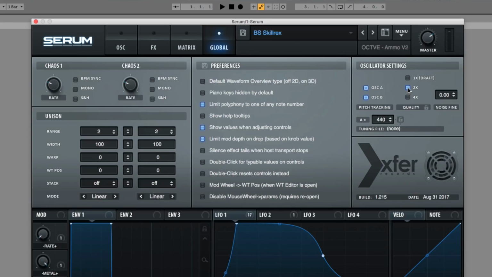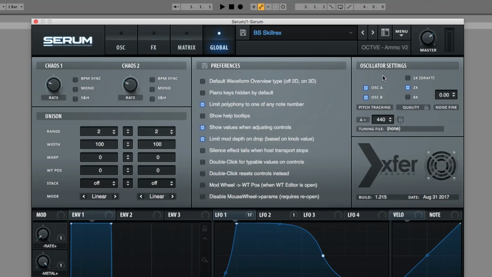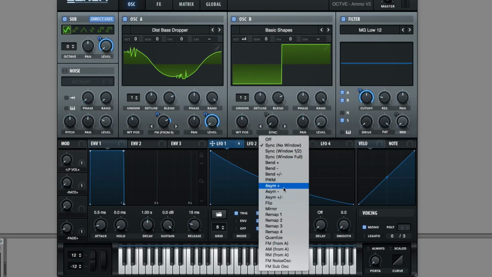Now, by default, if we're just doing normal things, it doesn't actually do anything at all. And that's kind of the point, because by default, it's on 2 times, which is technically speaking not the highest quality. But for doing FM or some of the other warp modes, but we'll come back to that in a sec, if you're doing FM from one oscillator to another, that's when the quality matters. And so if you're making these types of sounds,